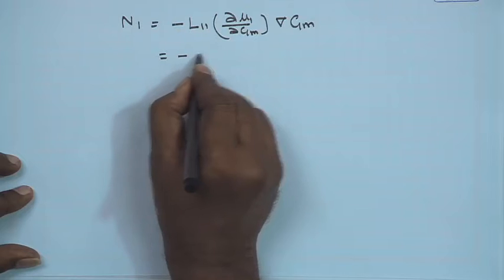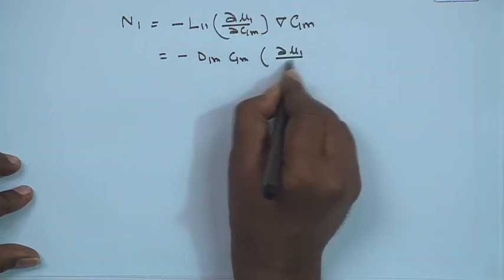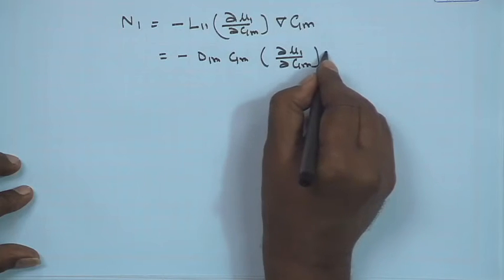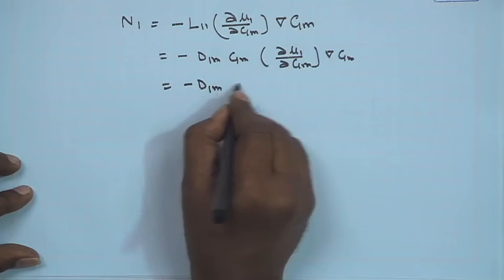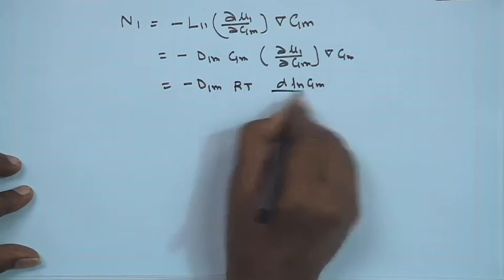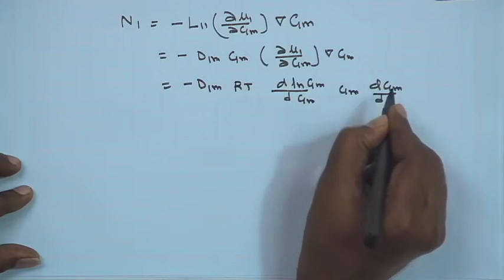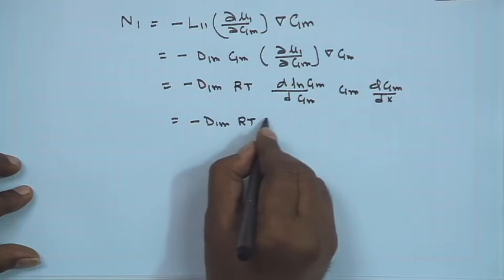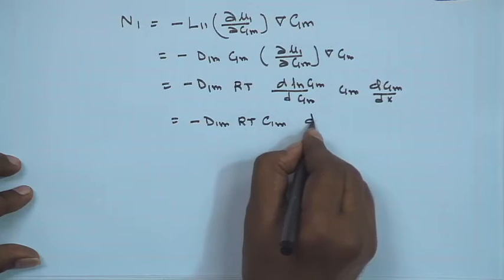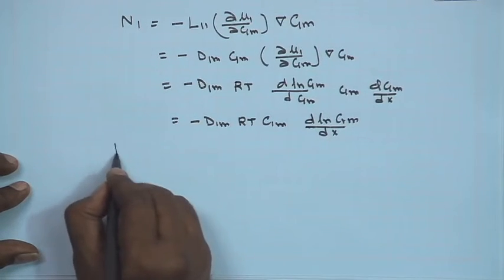So, minus L11, I can write D1m C1m del mu 1 del C1m, gradient of C1m, and this can be written as minus D1m R T d ln C1m d C1m, C1m d C1m dx, and this can be written as minus D1m R T C1m d ln C1m divided by dx, and final expression after integration will be nothing but N1 L is equal